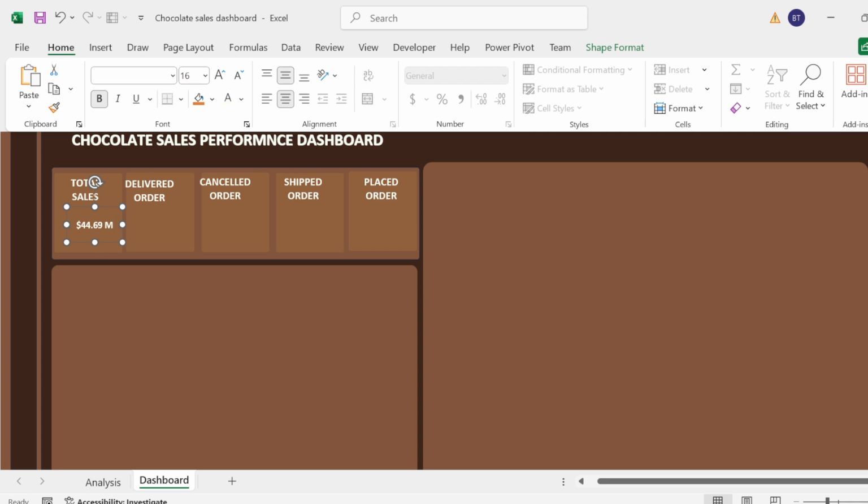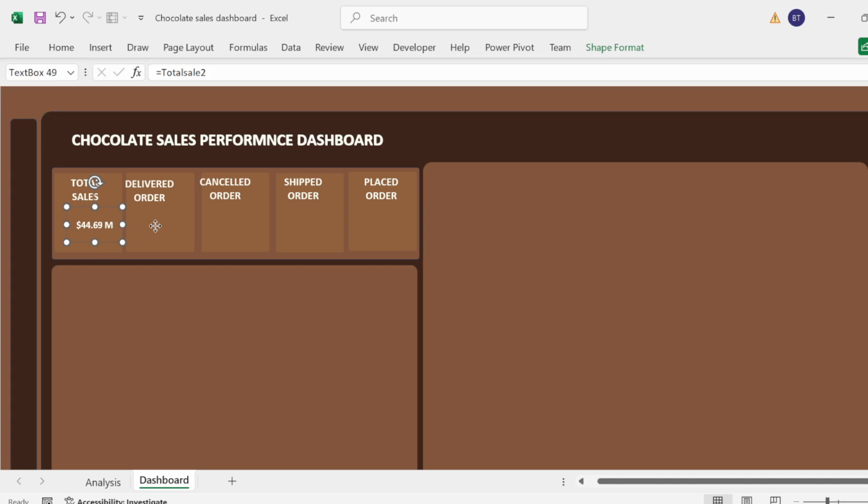Yeah, so that's good. Then Ctrl C, then come to this place, Ctrl V to each of the KPI cards. Then drag this down. So I'm dragging this down, and this same goes here. Drag it down. So now the next one to call in is